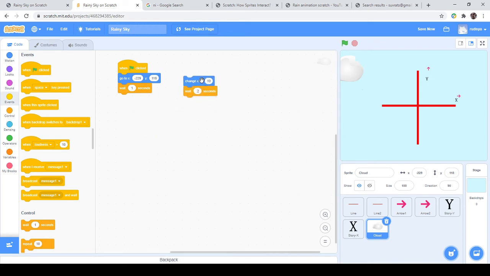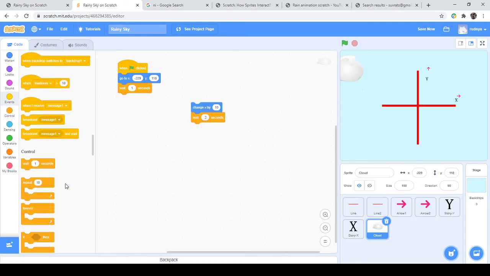If I just click this, do you see the cloud moving, right? And when I click this part, it comes all the way back. So we want this to happen in tandem. First we want our cloud to come here and then move a little, and we want this to happen multiple times. So let's say if I want my cloud to start from here and go all the way here, we'll have to figure out how. I can do it mathematically.